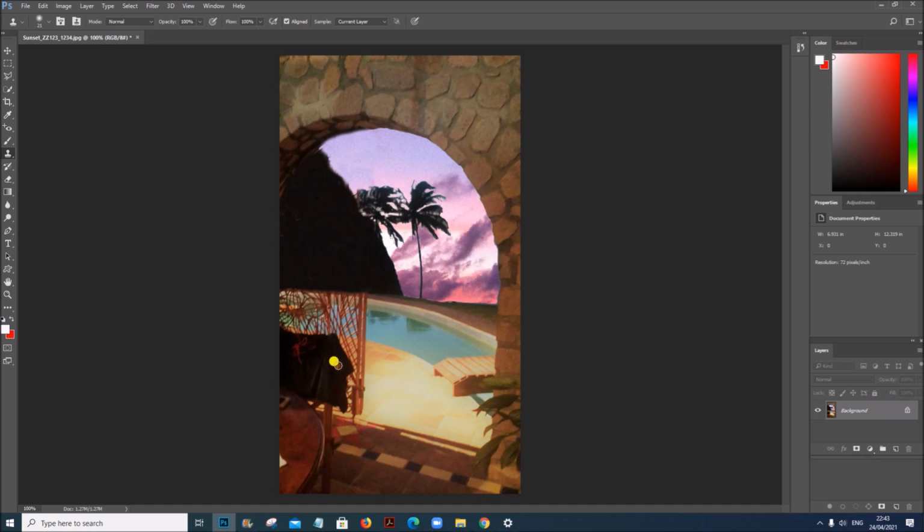And here also we have to remove using the background by copying the background from here.